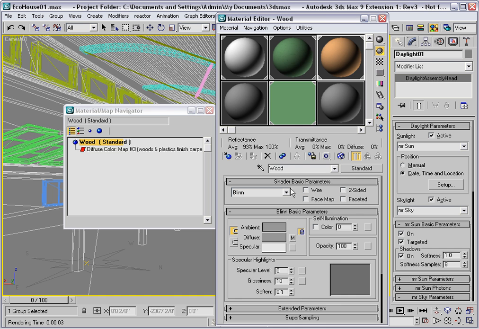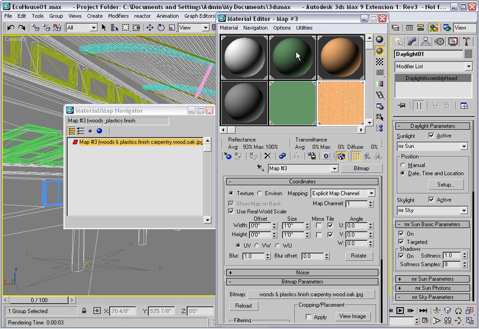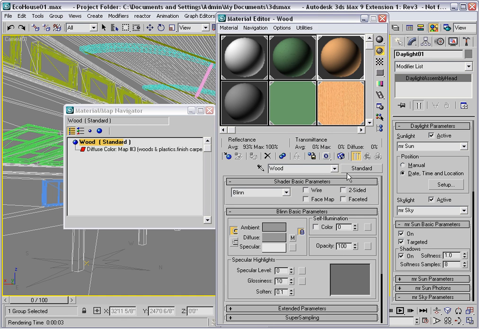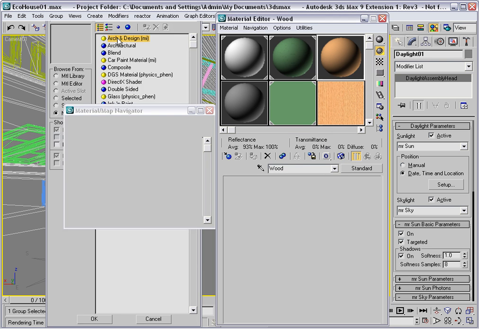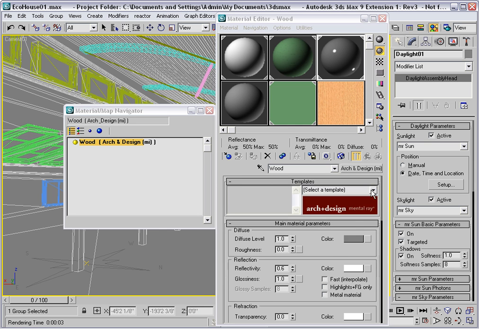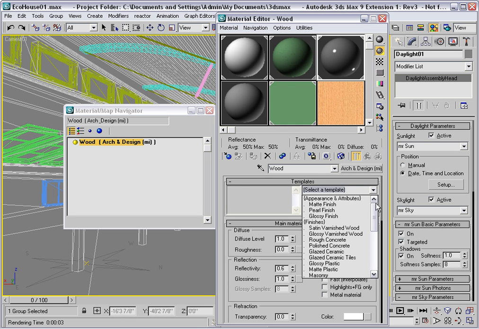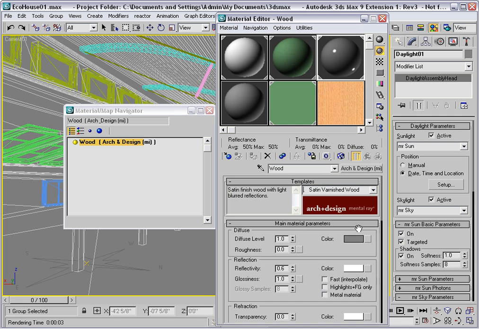Moving on, I'll do the same kind of thing for this wooden material. I'll change the type to Arch and Design, and I'll select a template. There are two different shaders that are designed to work with wood. I'll use satin varnished wood. However, I don't like the way that the specular highlight is so pronounced. This wood is going to be used in the beams and columns in the building, and it's not meant to